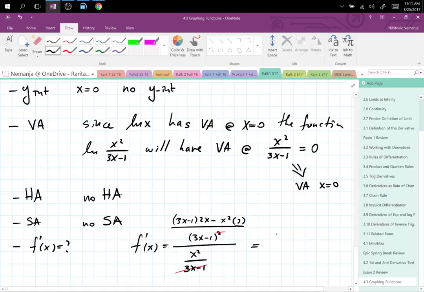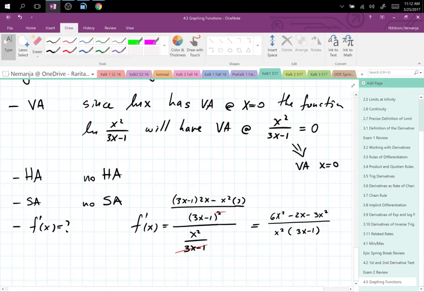The numerator is 6x squared minus 2x minus 3x squared, divided by the denominator, which is x squared times (3x minus 1). The 1 stays, right? Only the squared cancels. So the first derivative is equal to